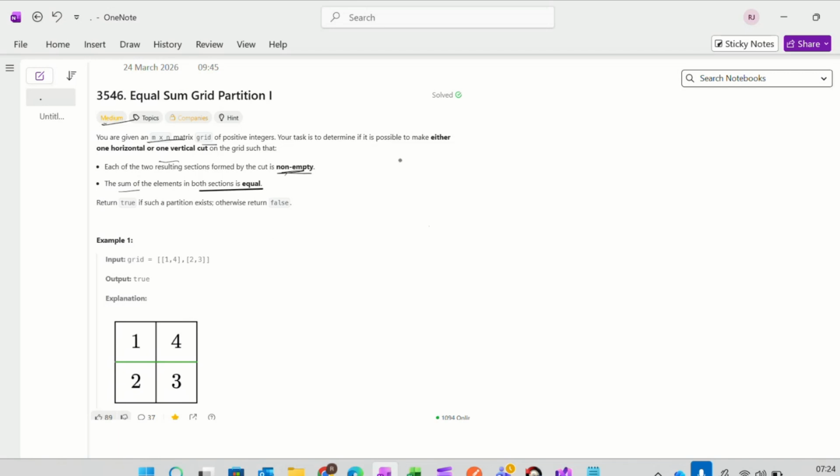So if there is a grid having m rows and n columns, what we need to find is if we can make one cut, either vertical or horizontal, and divide it into two portions, and the two portions' sums should be equal.